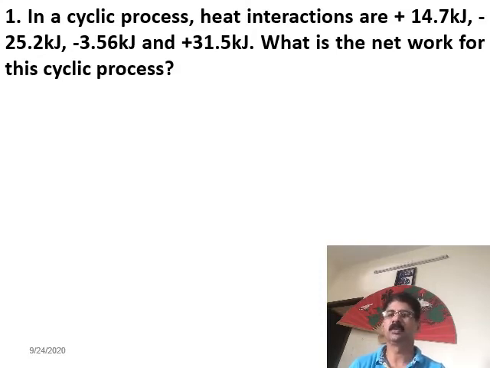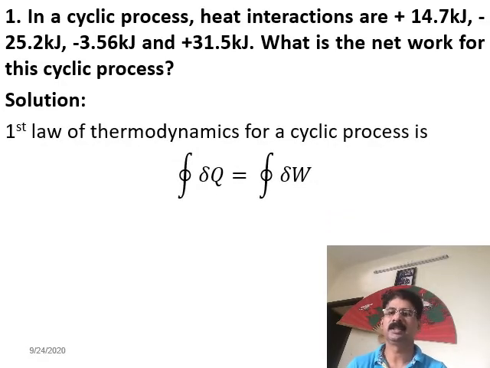So in a cyclic process, heat interactions are plus 14.7 kilojoules, minus 25.2 kilojoules, minus 3.56 kilojoules, and plus 31.5 kilojoules. What is the net work for this cyclic process? So you are given the 4 heat interactions and you are supposed to find out the net work. And as you already studied, for a cyclic process, the cyclic integral of heat transfer is equal to the cyclic integral